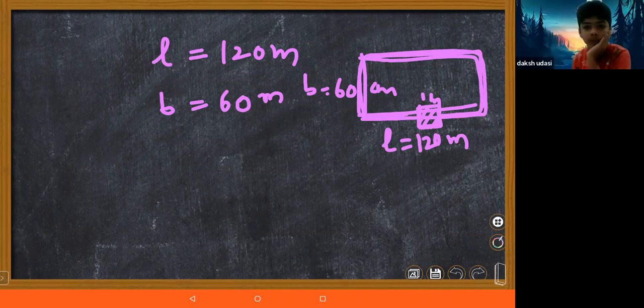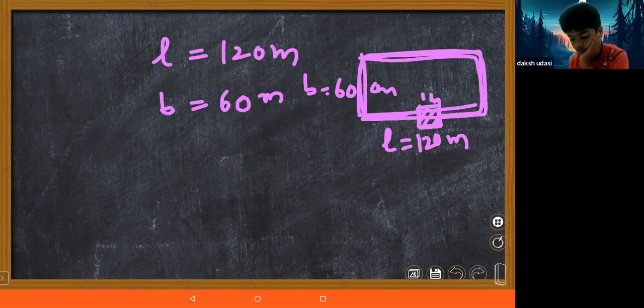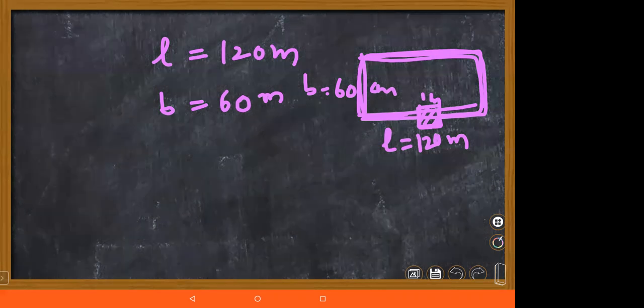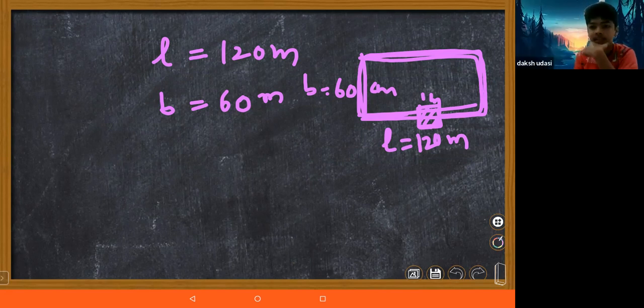Yes, ma'am. You have given 60 breadth and 120 length. Ma'am, so in total it will become 240. Ma'am, I got it. For the 1 meter gate, we need to minus that 1 meter 3 times when we add and multiply 120 and 60. Very good. That's correct. Then we get 360.